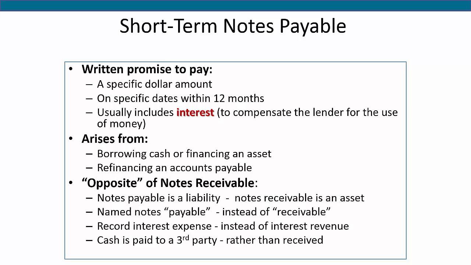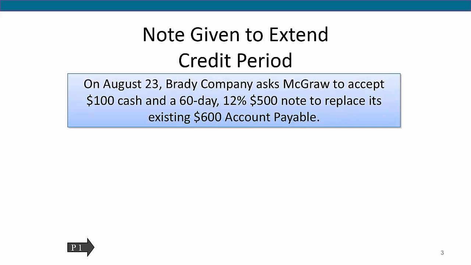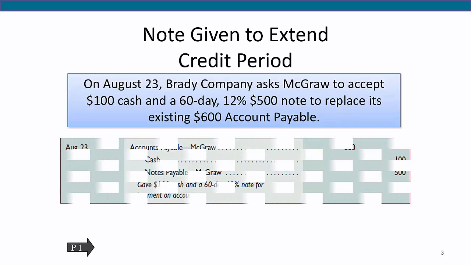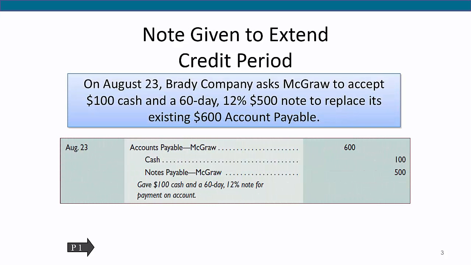First, let's look at short-term or current notes payable. Notes payable are executed when we borrow money for less than 12 months or we refinance an accounts payable balance. A company can replace an account payable with a note payable. A common example is a creditor that requires the substitution of an interest-bearing note for an overdue account payable that